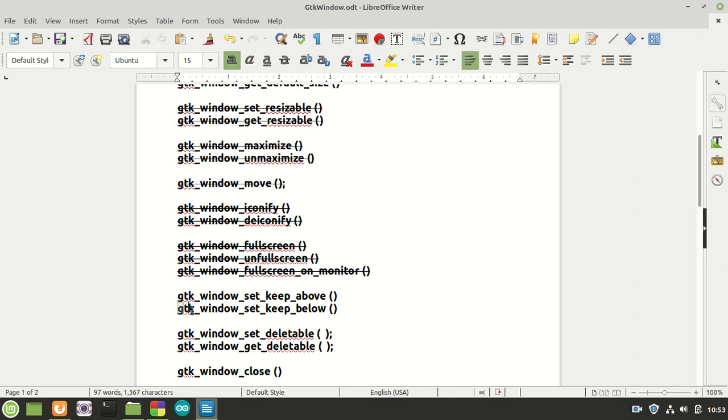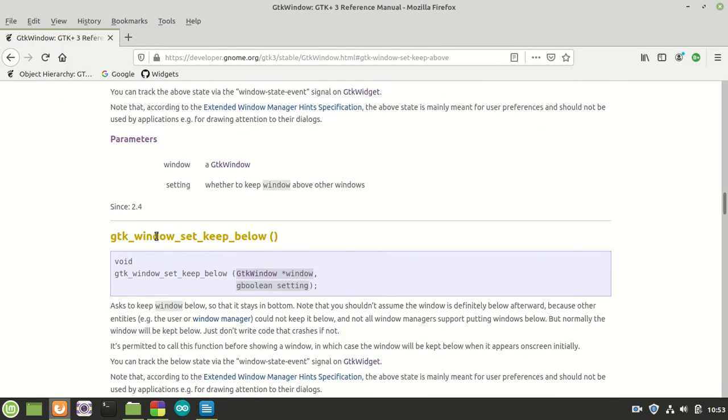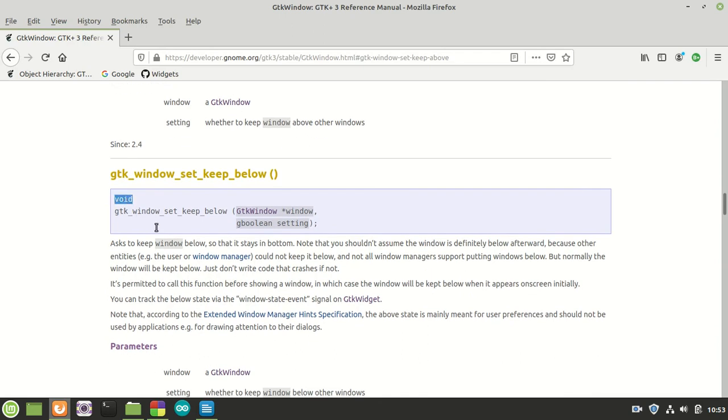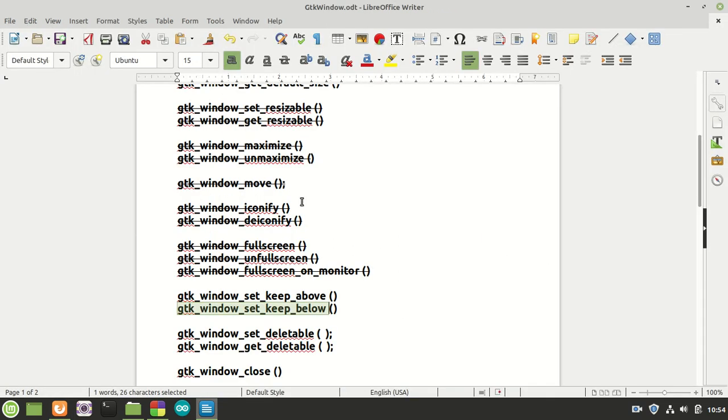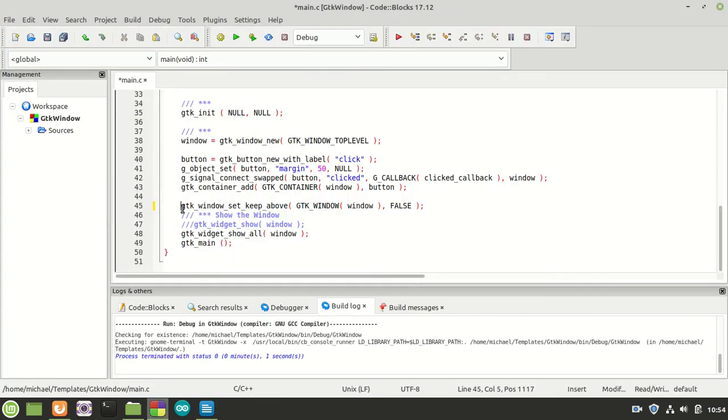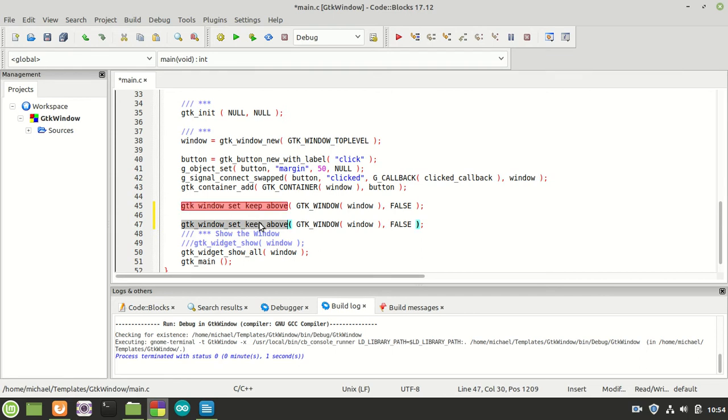and the next function is called GTK window set keep below, which you probably already know what it does. It is also a function which returns void, and takes the same two parameters and says ask to keep the window below, so that it stays at the bottom. And of course the same story, you should not assume the window is definitely below. For this we are going to call it, let me make a copy of this one and replace this with keep below. I'm going to set it to true,